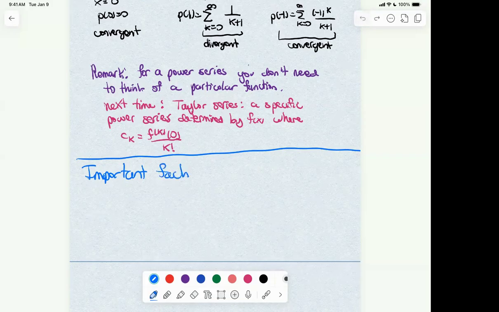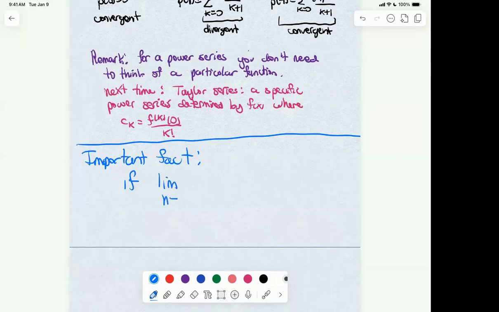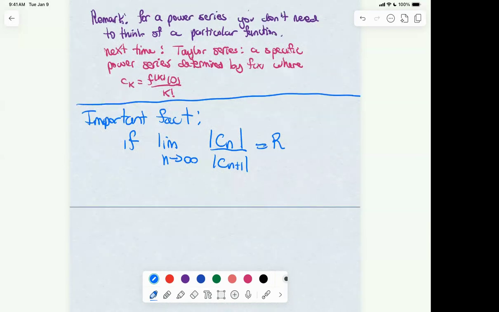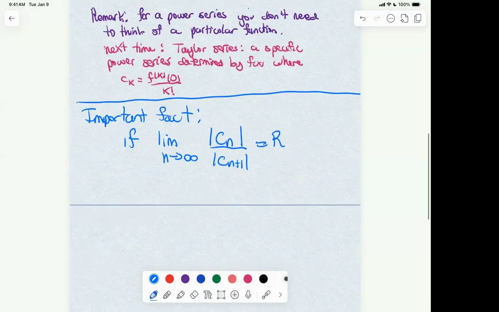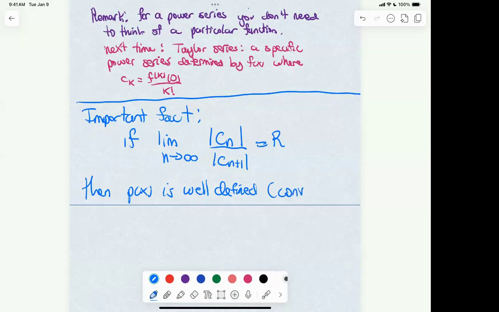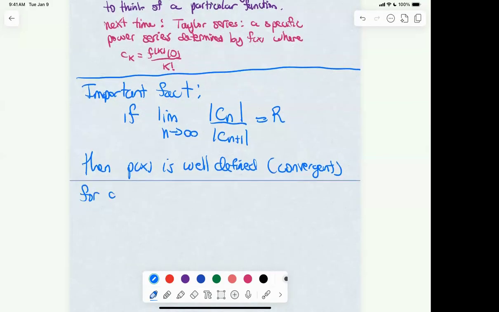But the idea, which is a very important fact, is that if you take a ratio, a reverse ratio if you don't remember how it went from the ratio test, the ratio of the nth coefficient divided by the n plus one coefficient in front of the powers of x, if this number happens to be r, then p of x is well defined. By well defined, I just mean that it is convergent for any x on the interval